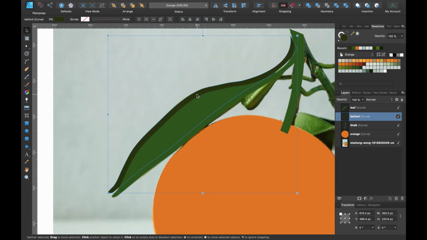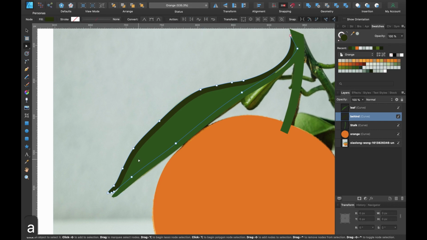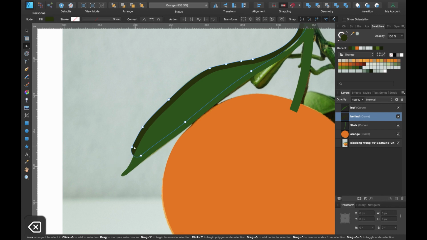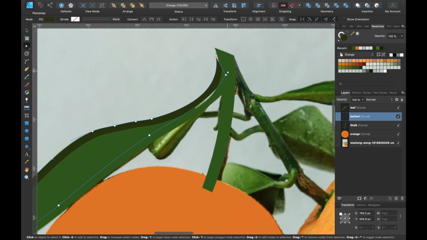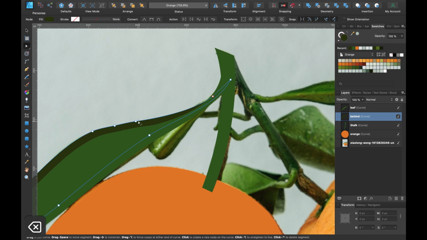And now we're going to want to delete some of the nodes. So again, back to the node tool, A. I'm going to delete a few of these nodes here because we're going to hide some of this. And I'll delete this one. I'll just click on this node and I'll drag out the handle here to somewhere like that. And I'll do the same on this side as well. I'll just click and drag that down so it's hiding behind there. I'll do the same with that. Maybe I'll put it here. I'll just drag that handle out so it kind of follows along the same line. A few too many nodes here. I'm going to delete those.